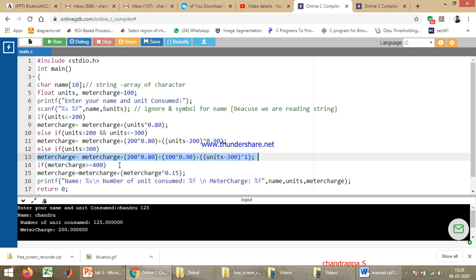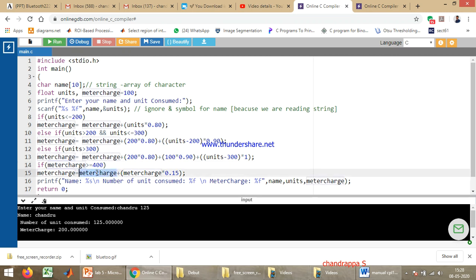After calculating the meter charge, check whether the meter charge value is greater than 400 or not by using an if statement. If this condition evaluates true, it means the calculated meter charge value is equal to 400 or greater than 400. In that case, we need to add 15% of additional cost to the meter charge.